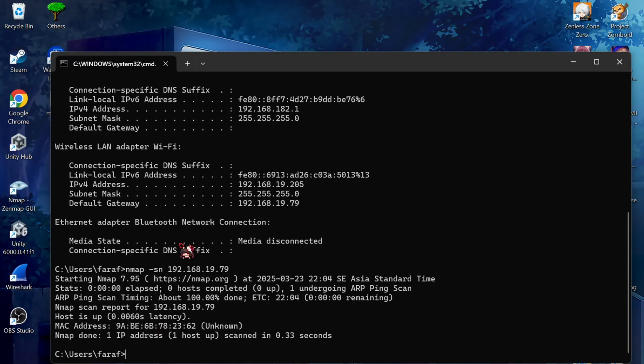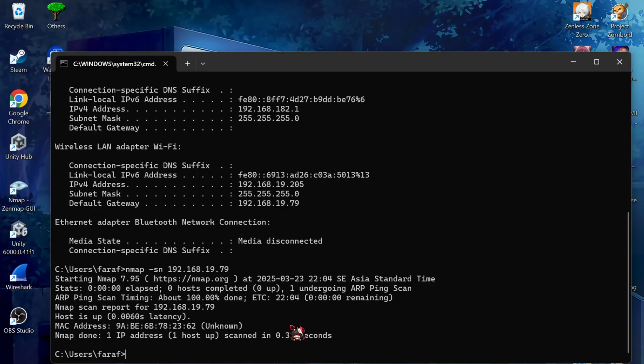The -sn flag is used for ping scanning, meaning it only checks if the host is active without scanning ports. The result confirms that the device with this default gateway is active and shows its MAC address, as you can see right there.